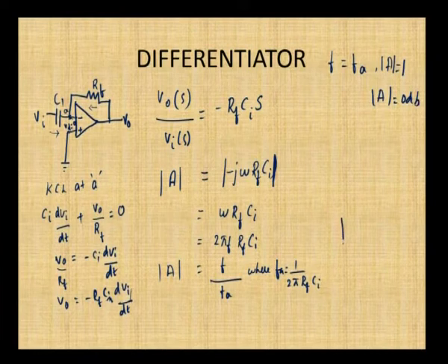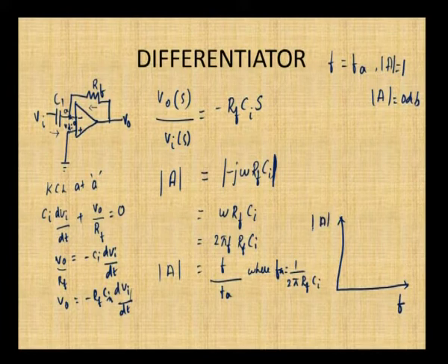So, for the frequency response, you know that on the x axis is the frequency of the input signal, and on the y axis the gain of the differentiator in dB. For f is equal to Fa, that is the input frequency is equal to this Fa, what happens to the gain? Gain is 0 dB. So, consider this is 0 dB,